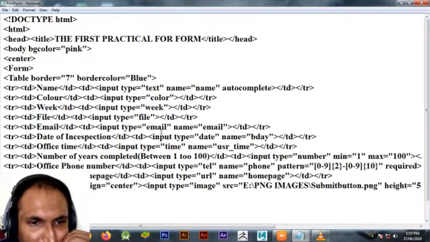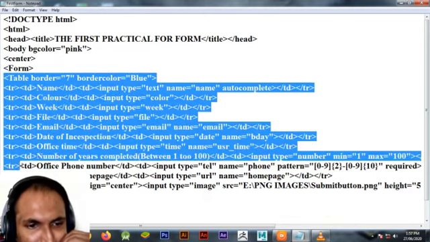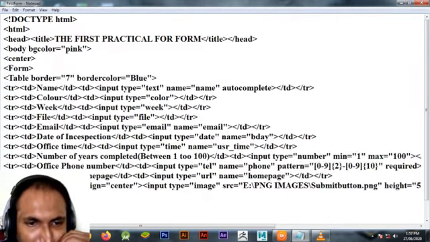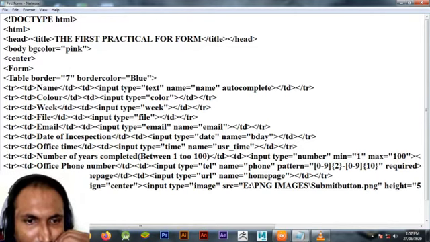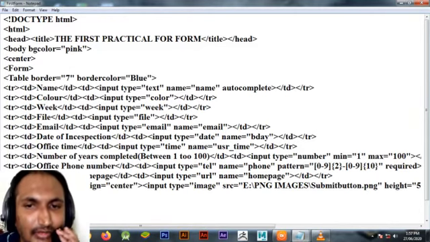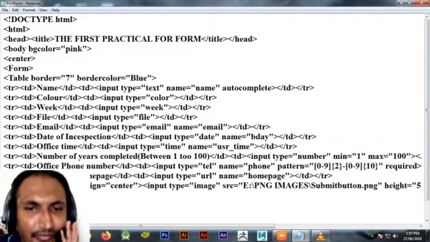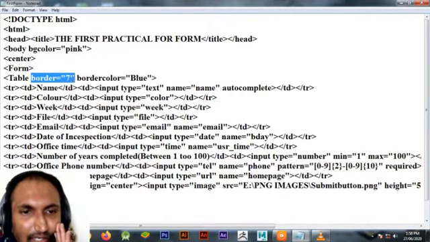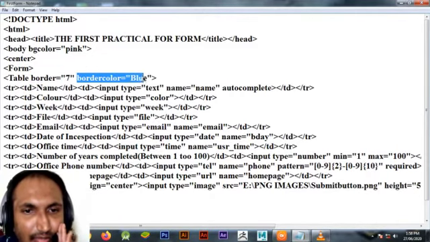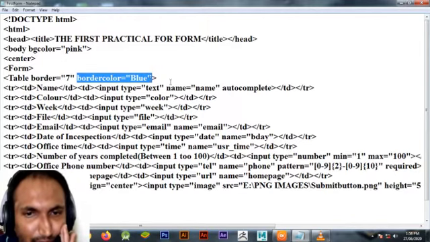I have taken all the inputs of the form tag in the table tag so that it can look professional and attractive. See, I have used the table attribute border 7 and border color blue, so the table's border will appear blue.